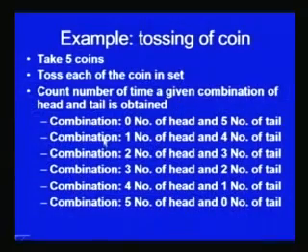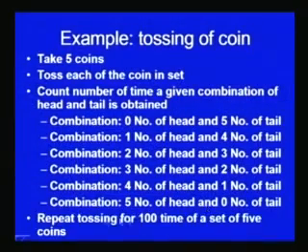We may have either all tails, or 1 tail and 4 heads, or 2 tails and 3 heads. So, what is the possibility of having either head or tail? We can say 20% will be the possibility. Here in this case, 1/6 will be the possibility of having one particular combination. So, if this tossing is repeated 100 times for a set of 5 coins, then what kind of picture